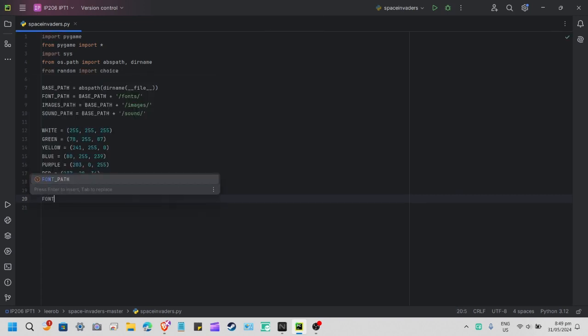Next, we're going to use font, even though we did use the font path already. Here, we're going to set a variable for font. Basically, we're going to use a specific file for the font. So we're going to type in font path, and instead of typing in the whole file path, we're simply going to use it within a variable. That's why we have face path, font path, and image path, and sound path, thanks to the from os path, which is this one. So let's continue for the fonts. We have font equals font path plus the file that we're going to use, which is